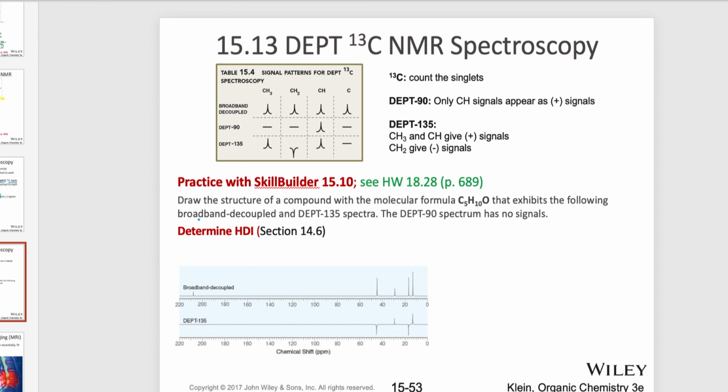So one of the examples is to draw the structure of a compound with a molecular formula C5H10O. And here you see the spectrum. This is your regular carbon-13 on top. So you see 1, 2, 3, 4, 5 signals, okay? And we have 5 carbons, all right? It says that, and it has